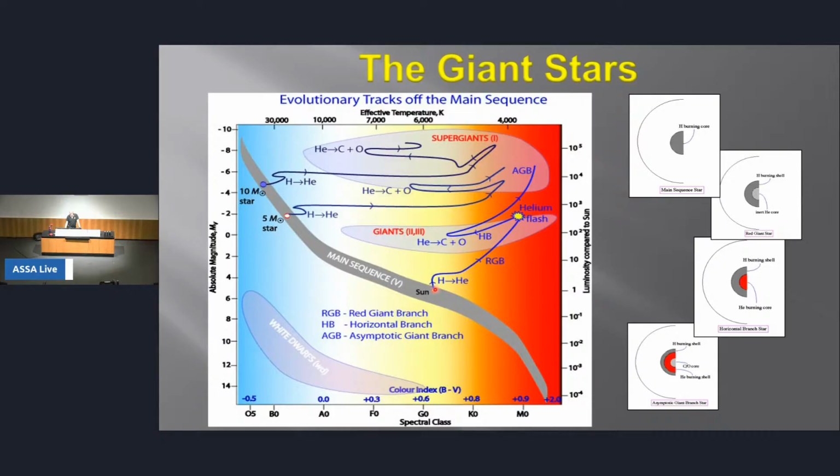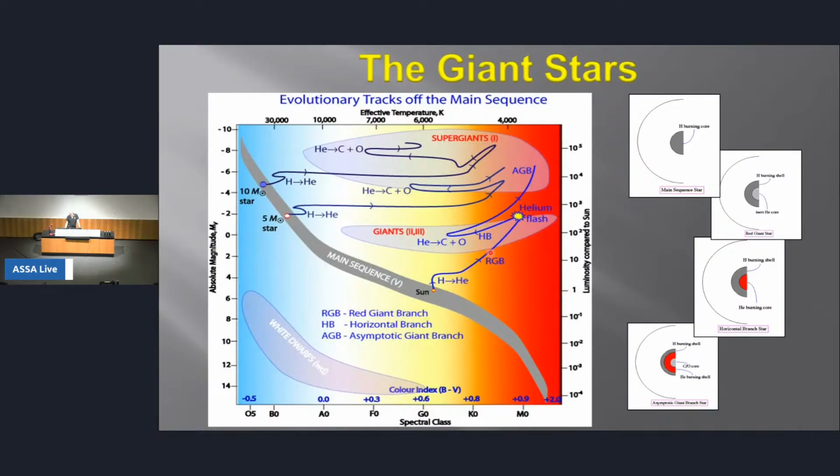So as it leaves the main sequence, it gets bigger and brighter. So it's getting brighter, up to more absolute magnitude. But it's also cooling down, so it's moving to the right of the diagram. So it's moving more into the red area. So we have the RGB, which is the red giant branch. A star like the Sun will gradually move off into the red giant branch,